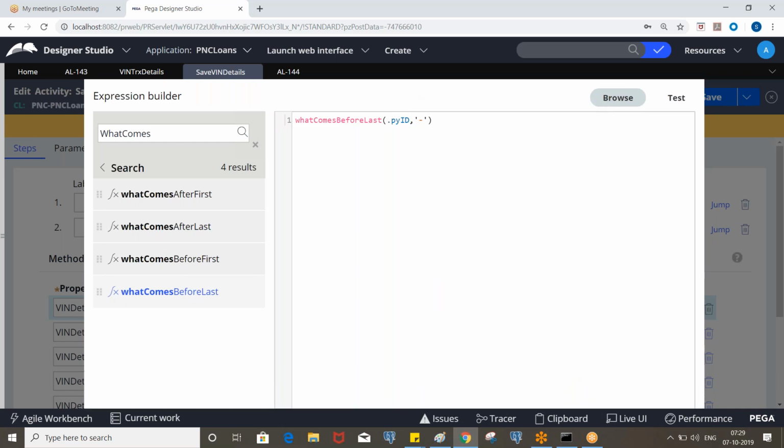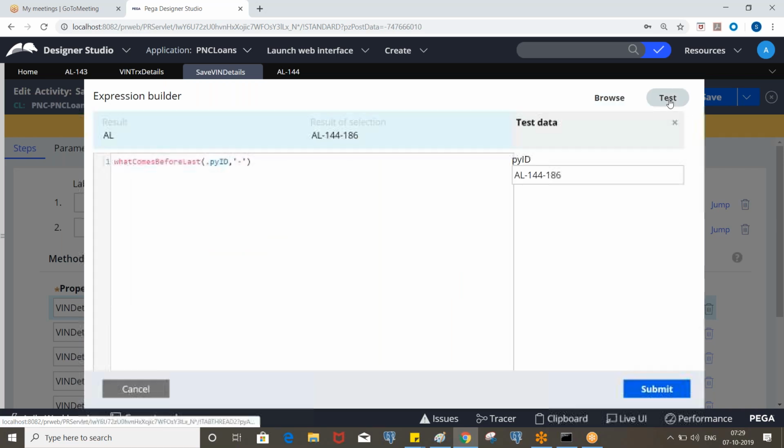It will evaluate from right to left. So last occurrence will be, now again we are testing the same, right?